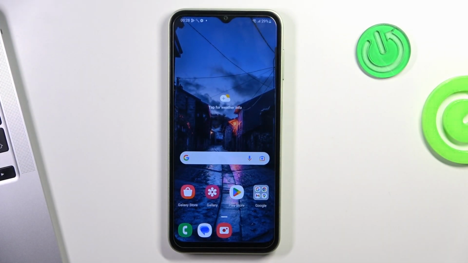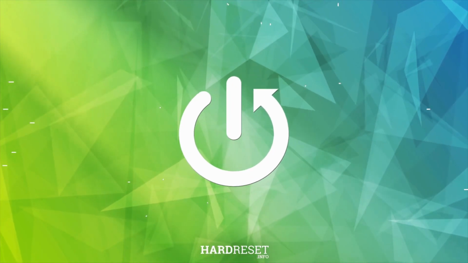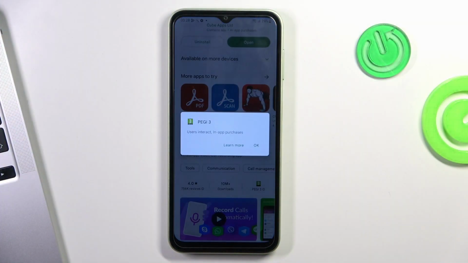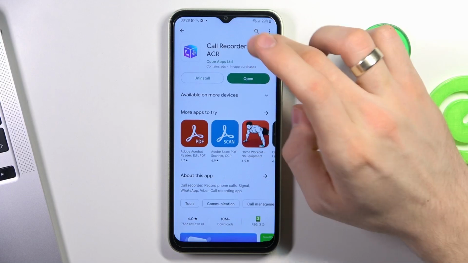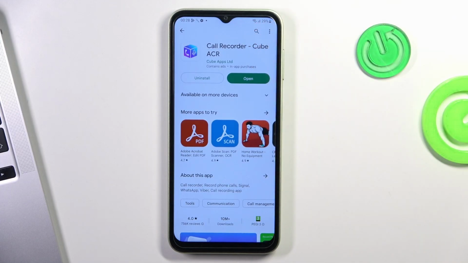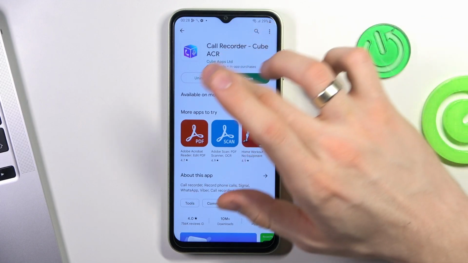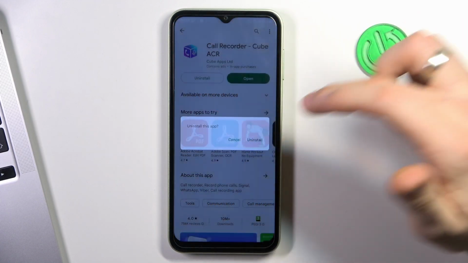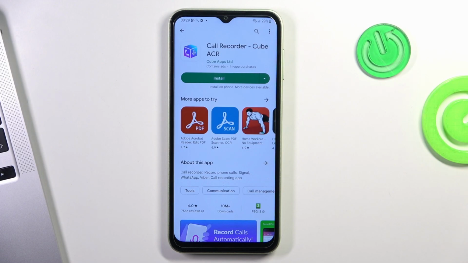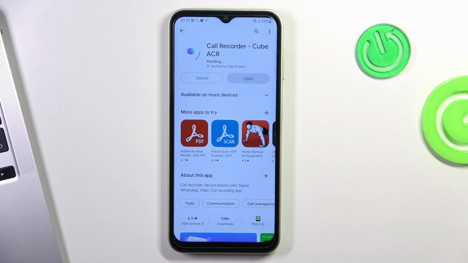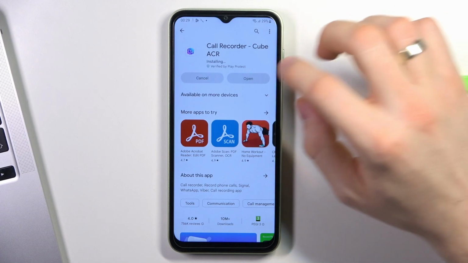In front of me is the Galaxy F14, and now I'm gonna show you how to record calls on your device. To do it, just open the Play Store and find here the Cube Call Recorder, Cube ACR application. I will uninstall it to show you the full process of setting up this app. So just install it